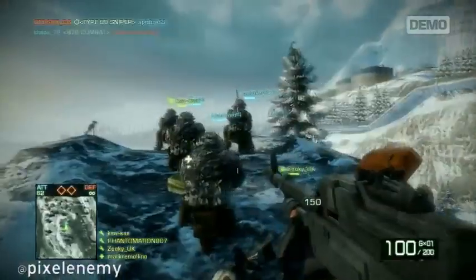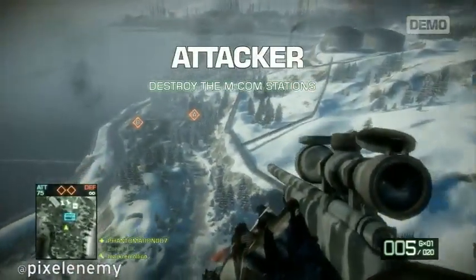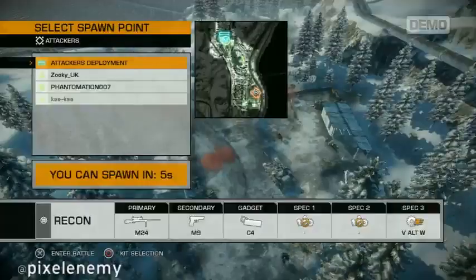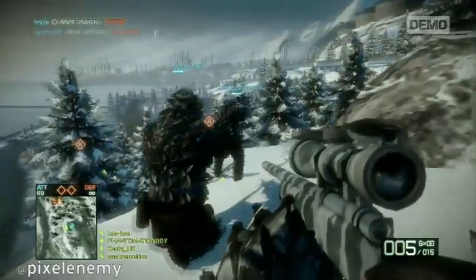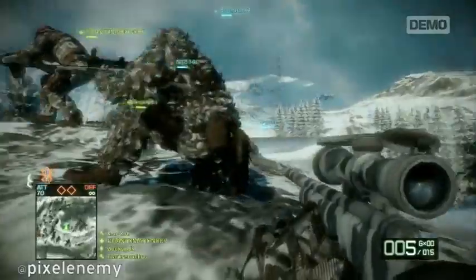Know your role. "I'm a sniper, I'm a sniper, I'm a sniper." No, you're not a sniper. The closest thing to being a sniper in Bad Company 2 is the recon class. Yeah, it looks like you're a sniper. You've got a high-powered rifle with a high-powered zoom and a sick-ass ghillie suit to hide in the brush, but